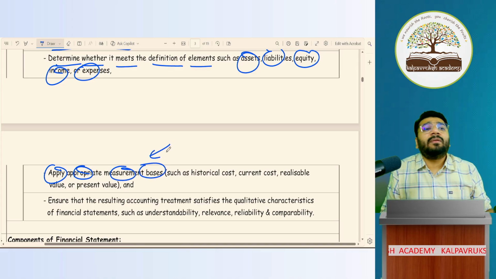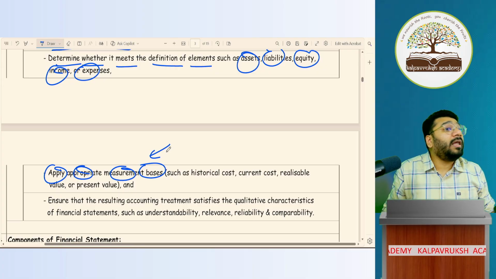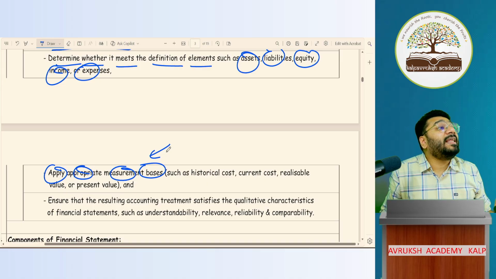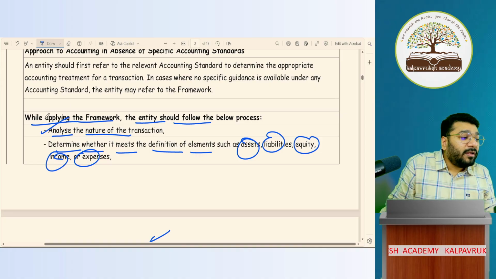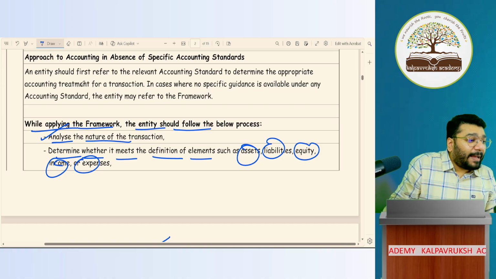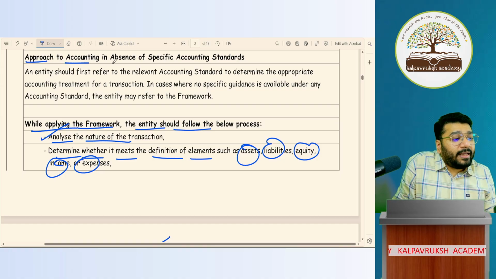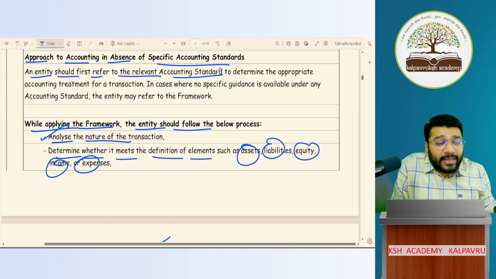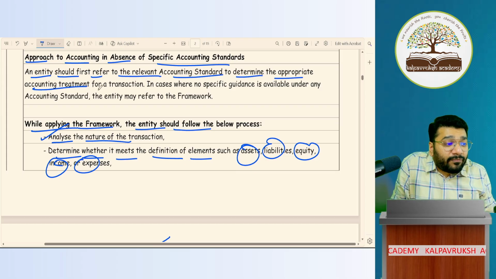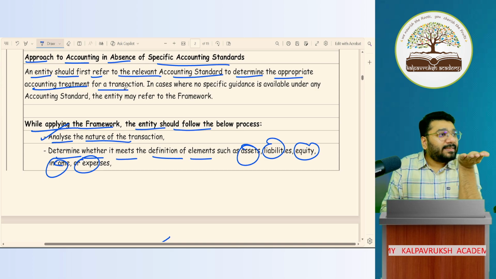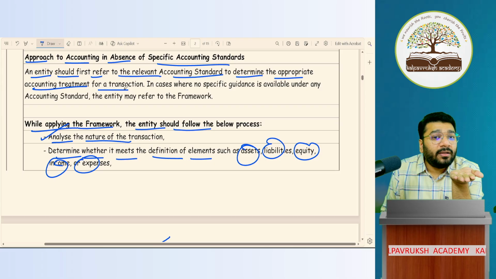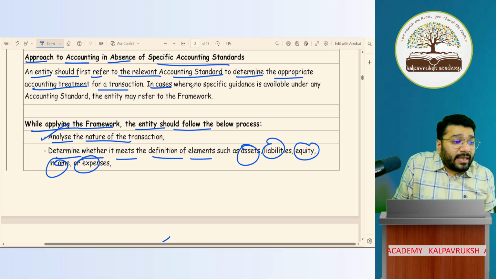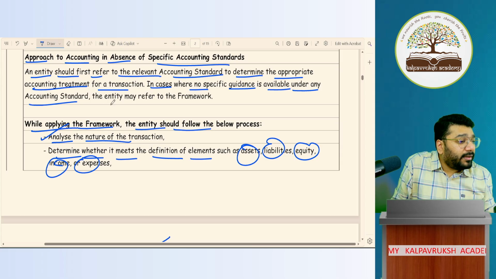So why should I apply the measurement basis when the AS is there? I am talking about the applicability of the framework. When will you apply the framework? When the accounting standard is not giving any solution. So what is the heading here? When the accounting standard is absent, approach to accounting in the absence of a specific accounting standard. An entity should first refer to the relevant accounting standard to determine the appropriate accounting treatment for a transaction. Correct? For a transaction, if I want to know what the accounting method is, I should refer to the accounting standard. Pooja, where should I refer? Accounting standard. In case no specific guidance is available under any accounting standard, the entity may refer to the